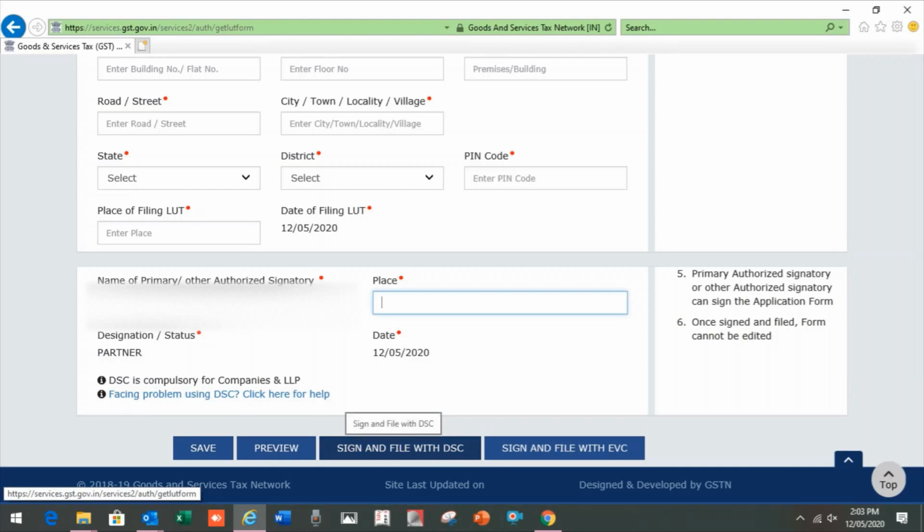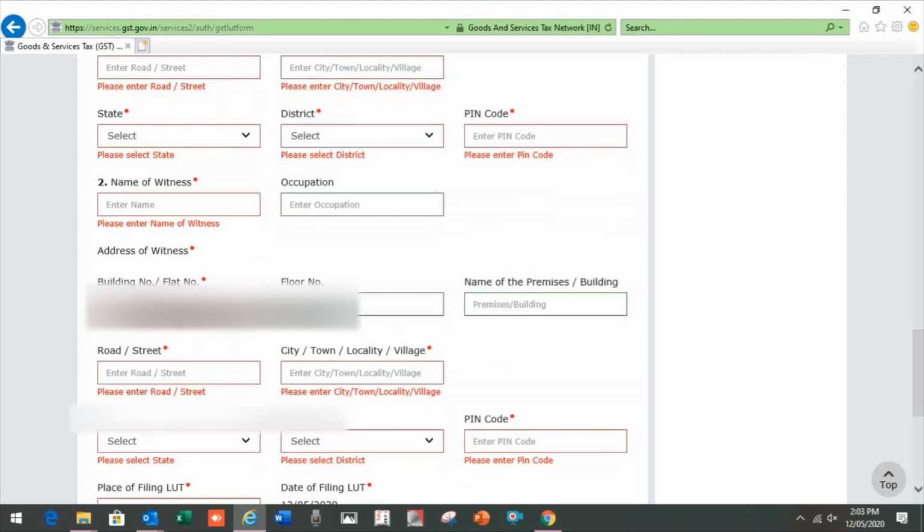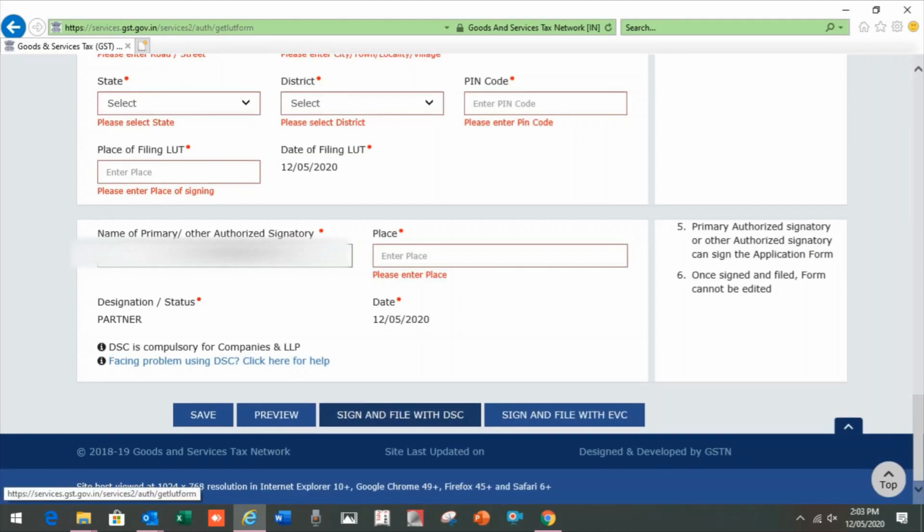The e-signer and DSC must be available if you are applying with DSC, so you must have the e-signer on your system. After that, just file, the e-signer will open, you sign the document, and an acknowledgement is generated. After that the LUT application has been filed successfully.